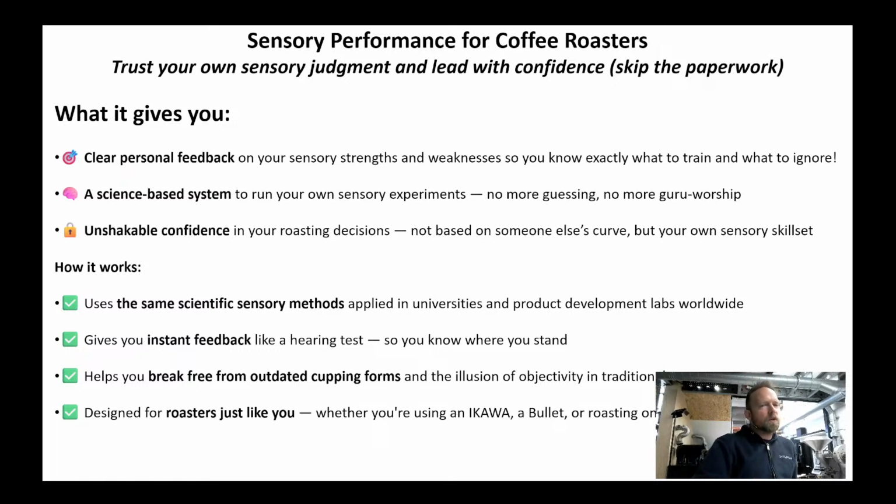This is very important. Most people hide their insecurity in talking about fancy descriptors, where what you really need to know is, how am I doing for the basic taste and the flavor categories? If you are not making consistent data, you need to know your weaknesses, because by training your weaknesses, you definitely get on a steeper learning curve. And it's based on a science-based system, and there's no guessing.